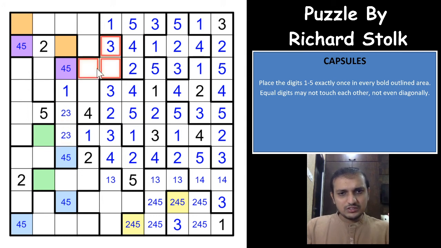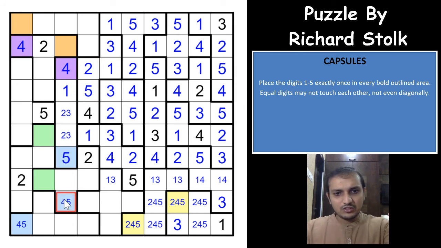A 2 in this region cannot go to this cell, neither this cell, because of the 2's here. So you have a 2 here. 1 and 5, a 1 is already here, so 5 here, a 1 here, this 5 gives you a 4 here, and that gives you a 4 in this purple cell as well. So this 4 gives you a 5 here, so all the blue cells would have to be 5, right? Easy. So we'll remove the purple cells, we'll remove the blue cells as well. Not required now, right?